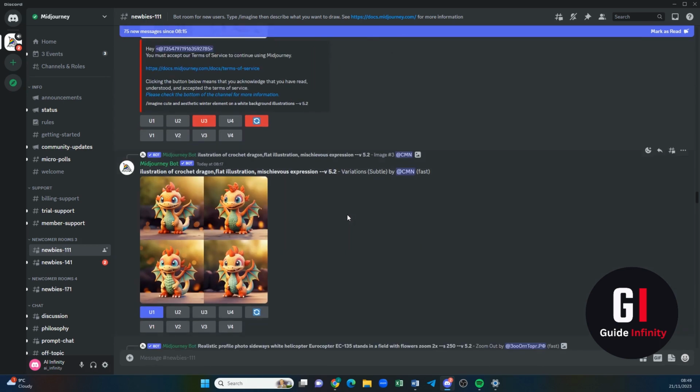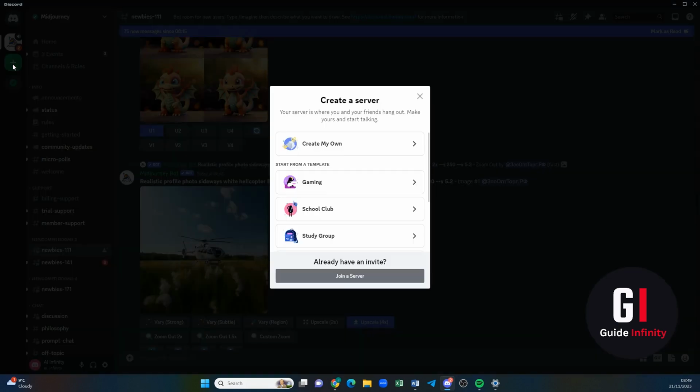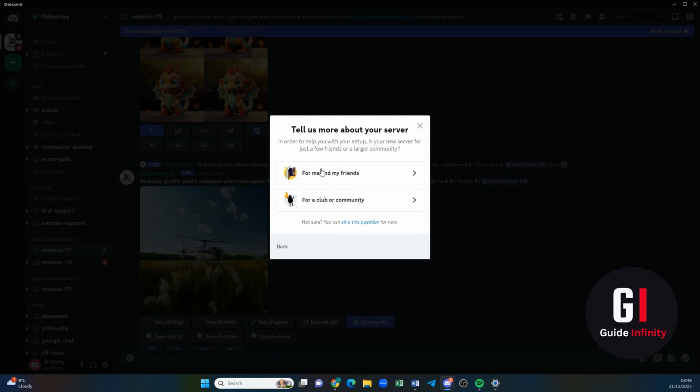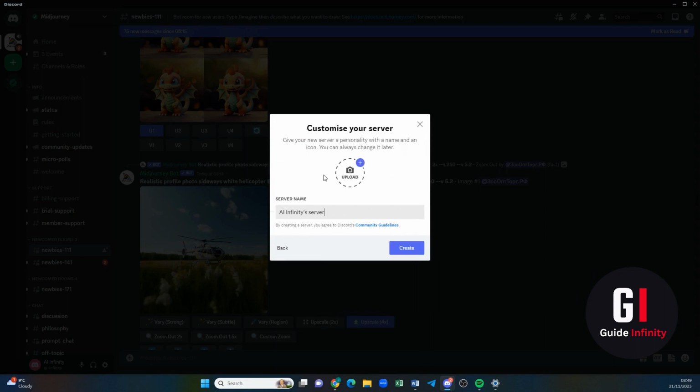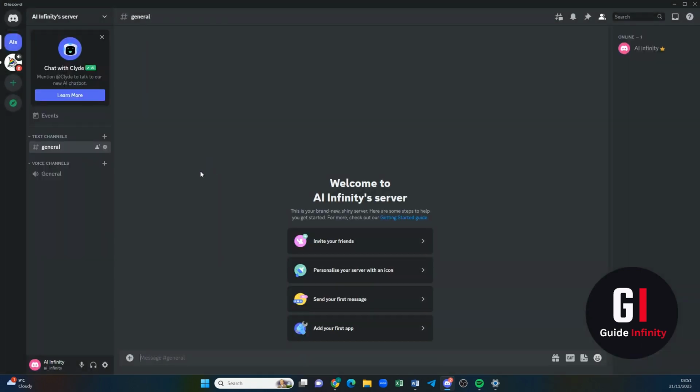the bot. So what you need to do is come up to this green plus sign and click it, and it's add a server. So what we're going to do is press the create my own, and then we are going to do for me and my friends. So we are going to call it AI Infinity Server, as that is the name of our channel, and we're going to press create. So as you can see, we are now in our own chat room,